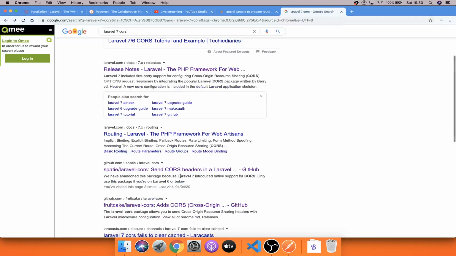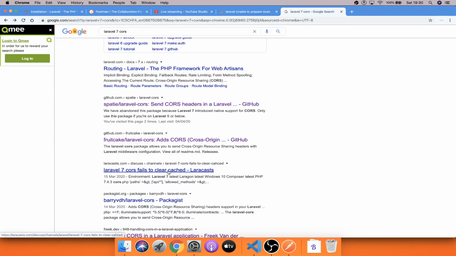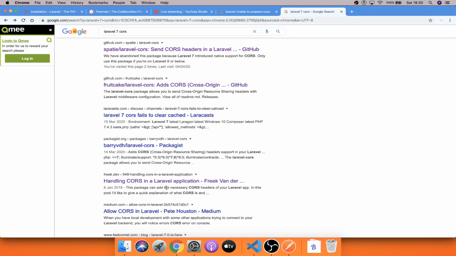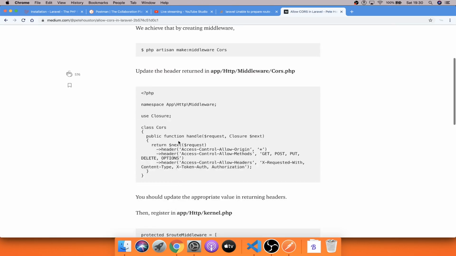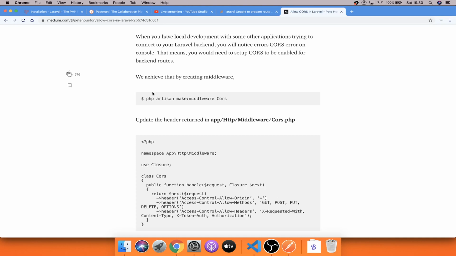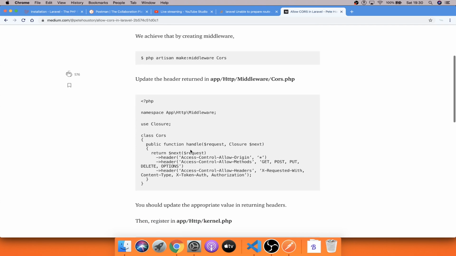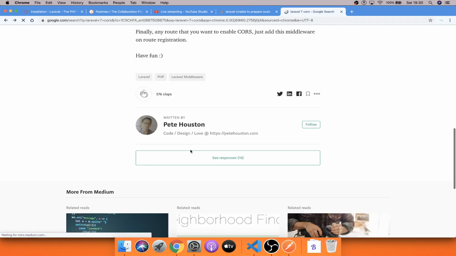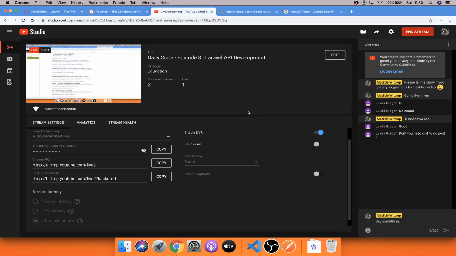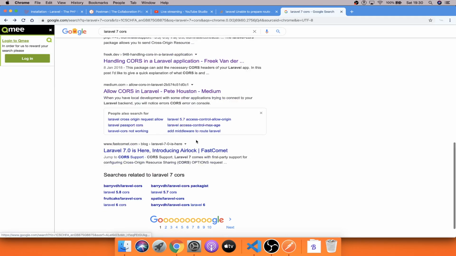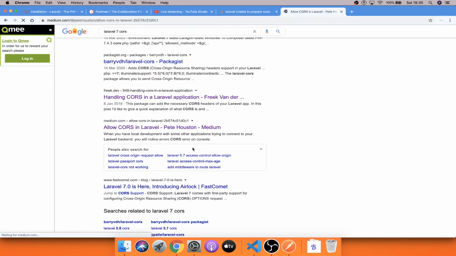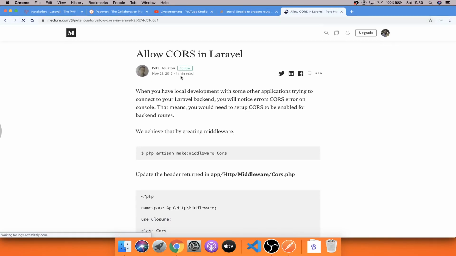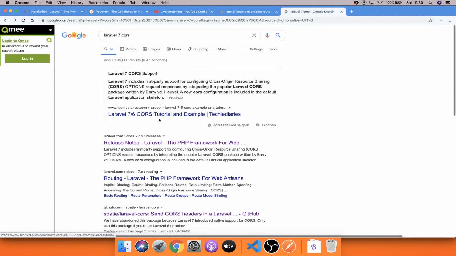So let's see if we can find somewhere where you can just put in. Okay, so this is basically, when is this article from? This is 5 years old. This is not Laravel 7, so